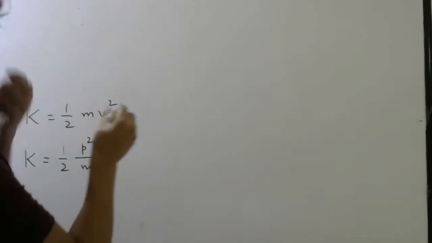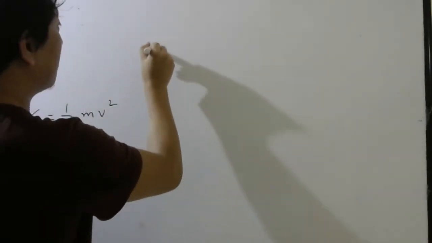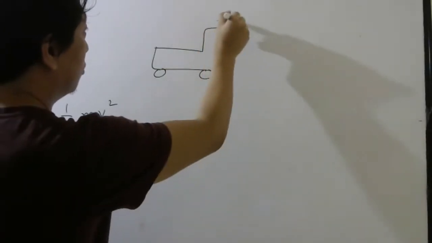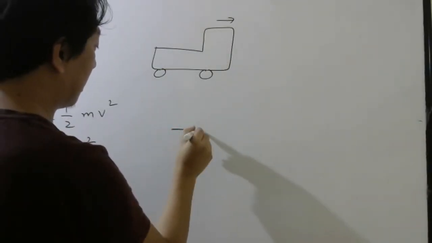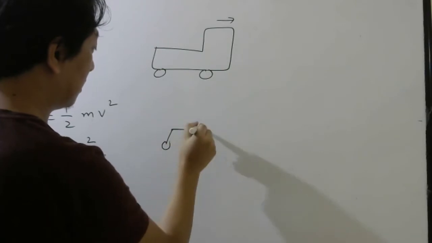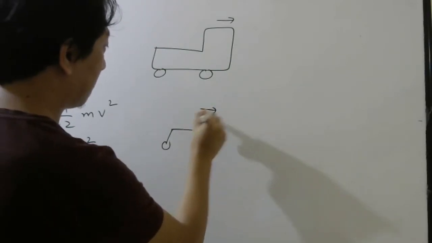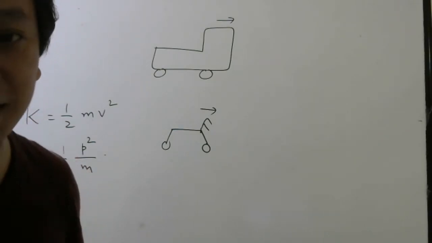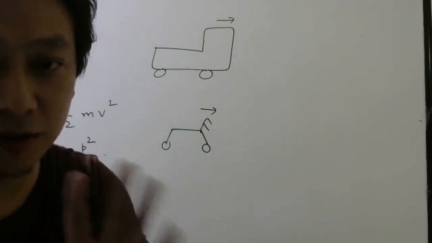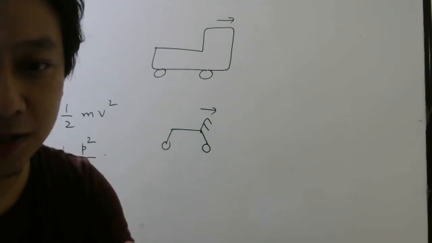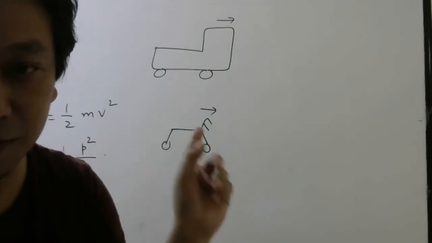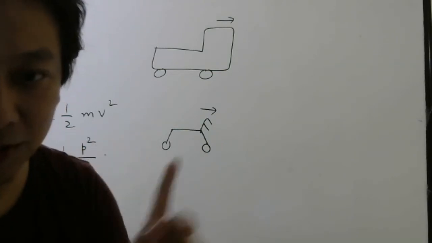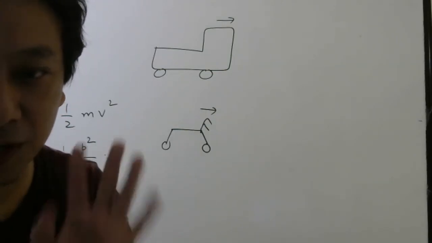So now suppose I say there is a truck moving and there is a cycle moving. And I ask, which one has more kinetic energy? Don't try to answer. Even if you answer, it will be wrong, because I have not given complete information. Not because you don't know, but because complete information is not given, so wait.